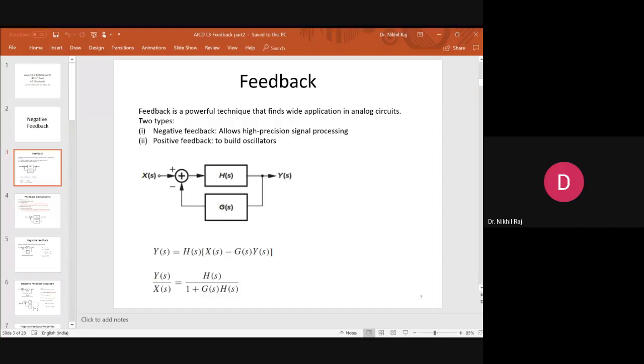This was your general feedback architecture, and in this we have seen this is the transfer function. This was your open loop gain. This is your feed forward amplifier. And